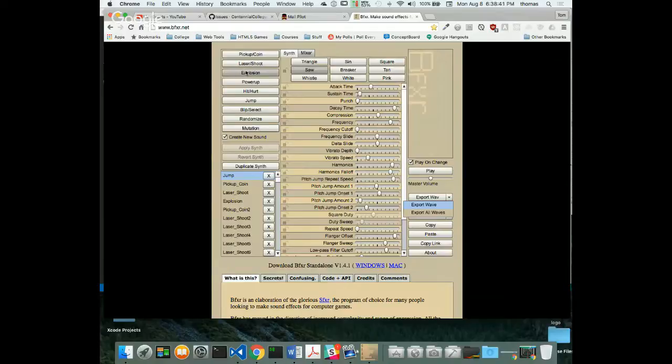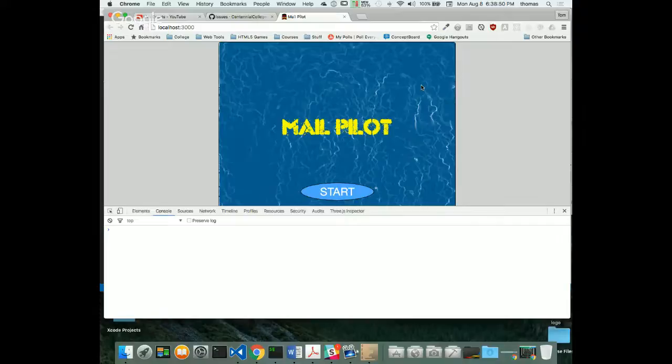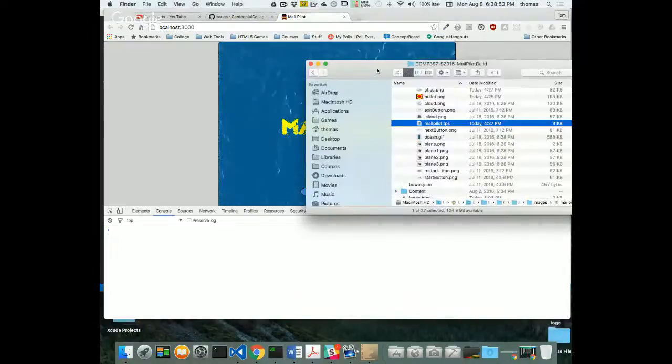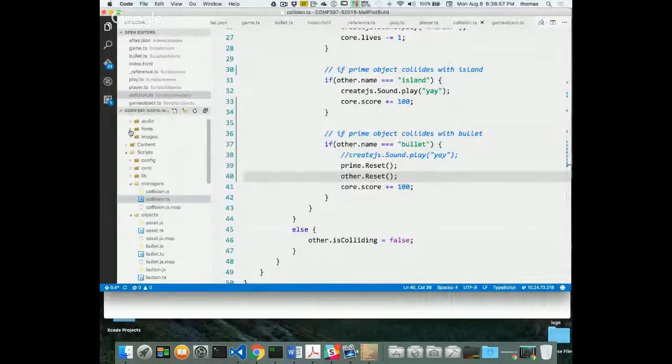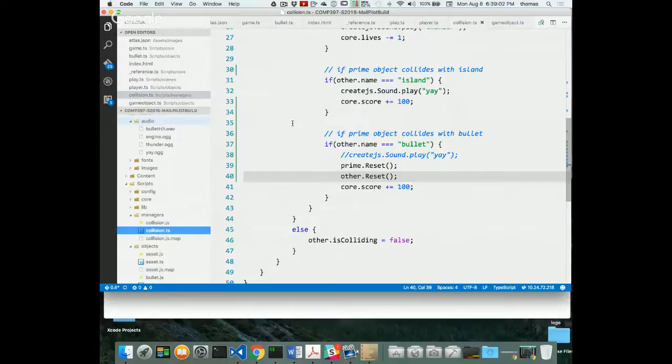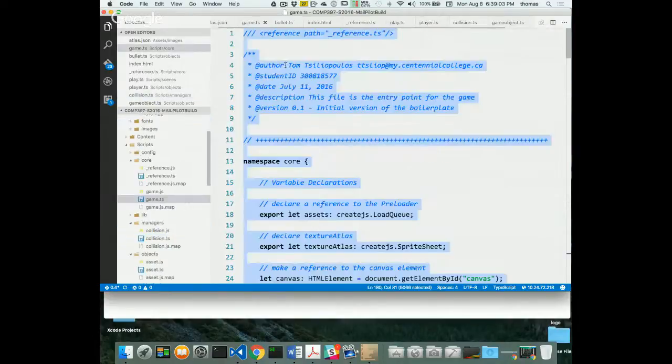Or whatever. If I want to do the same thing, I can make different random sounds with something called bfxr.net. So we won't do that. Now we have the sound, and we have it in our manifest, because in our audio, we have this bullet hit.wave, and in my game.ts,